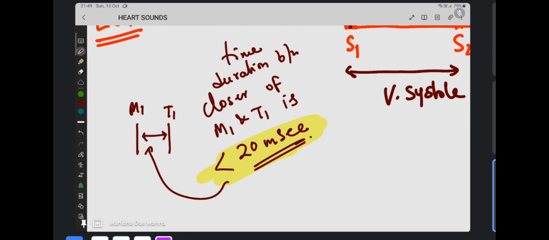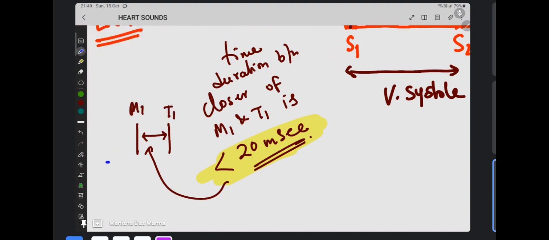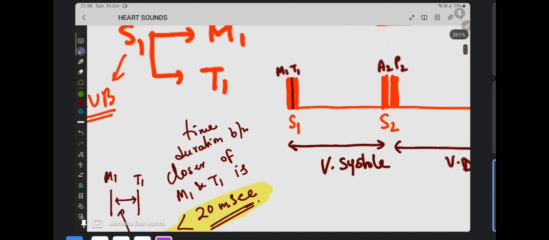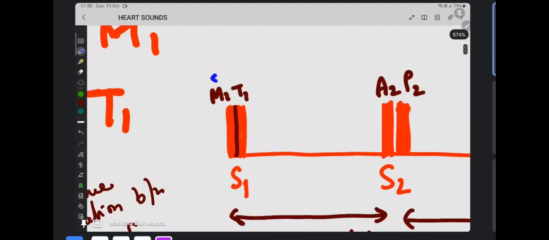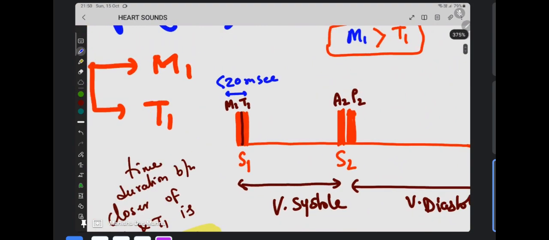That's why it is appreciated as a single heart sound by our ears. Okay, is it clear? So there is a time gap between M1 and T1, that is less than 20 milliseconds. I'll discuss S2 later, but for this moment, this is the game. Next,